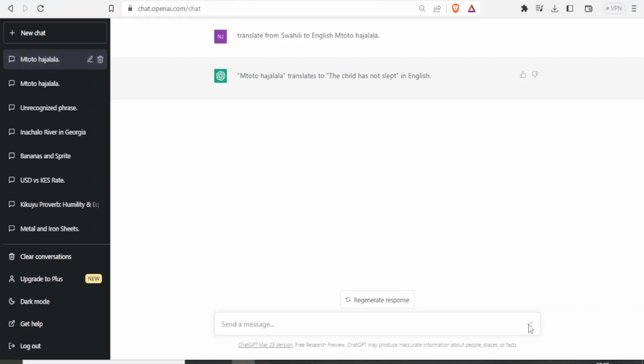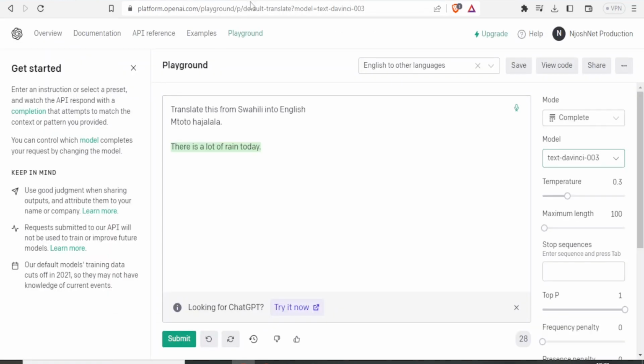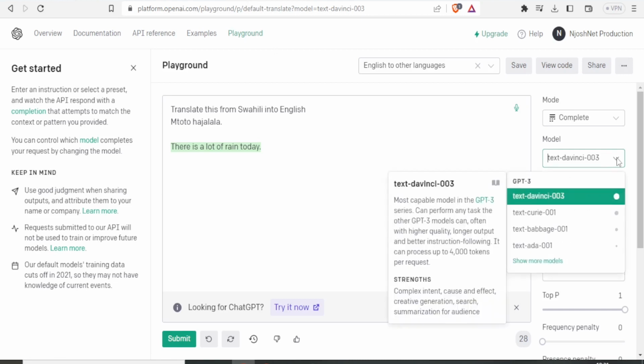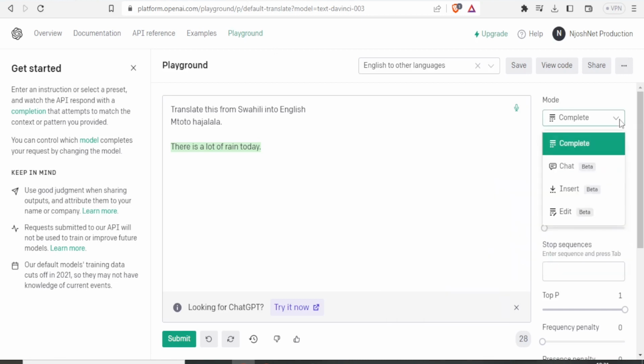Mtoto hajalala translates to the child has not slept or the child is not sleeping. Therefore, I believe you need to know when to use this part of ChatGPT as opposed to using the playground part where you have things to change here and